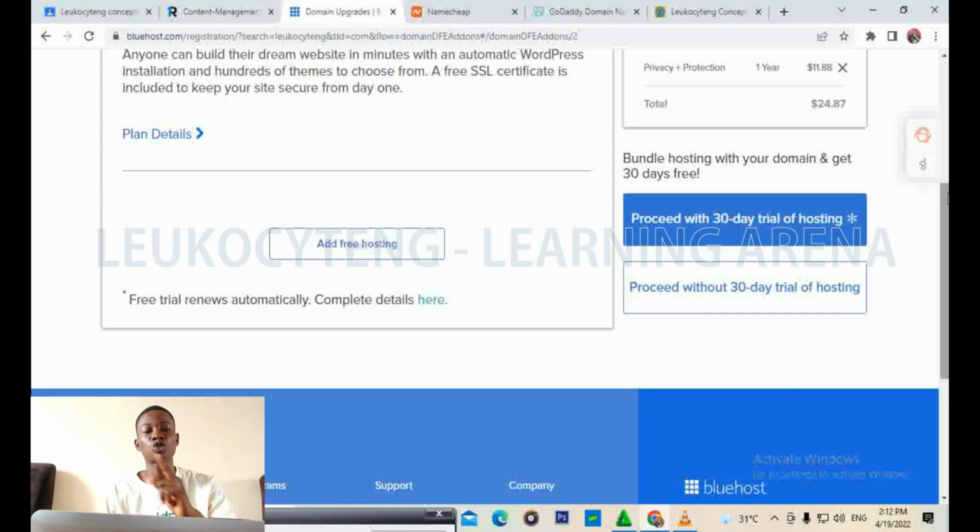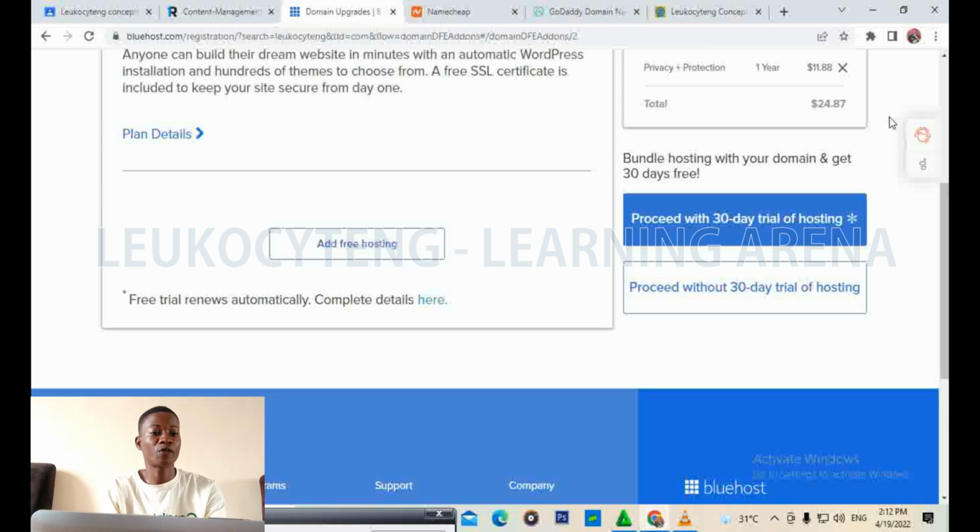There is always a connection between the hosting and the domain. That connection is what you call the name server. Do you understand? So whenever you buy your domain from maybe another company and buy your hosting from another company, the company where you buy your domain will give you a name server that you can link to your hosting account to connect them together. Do you understand? But if you are buying your domain and your hosting from the same company, there's no need for you to do any linking of name server or whatsoever.